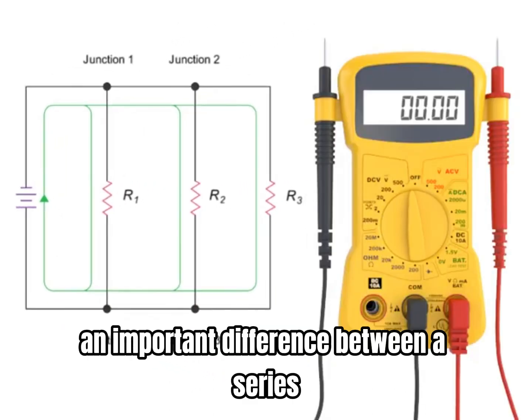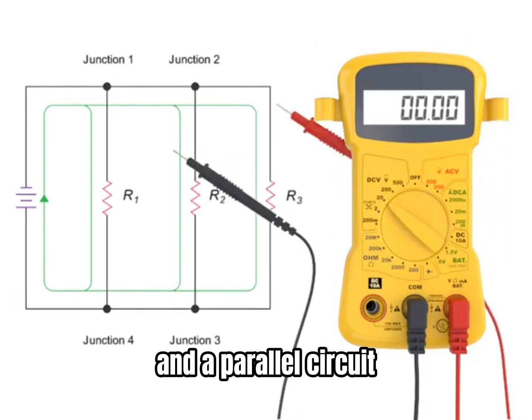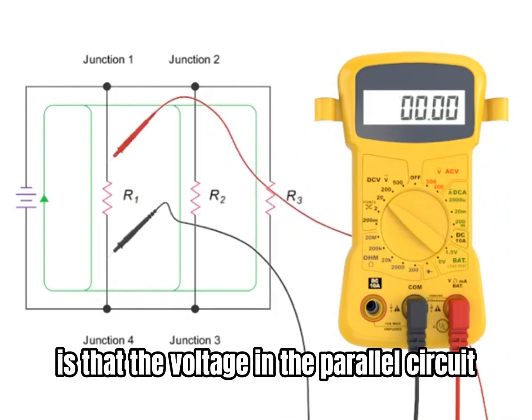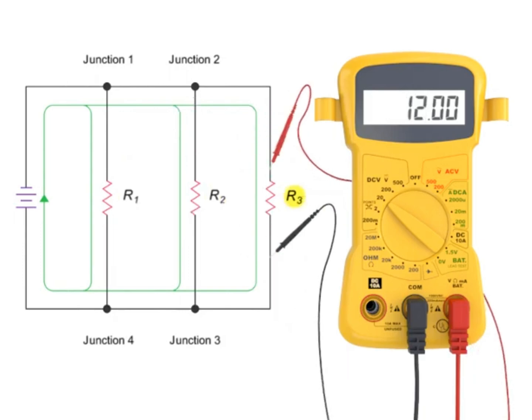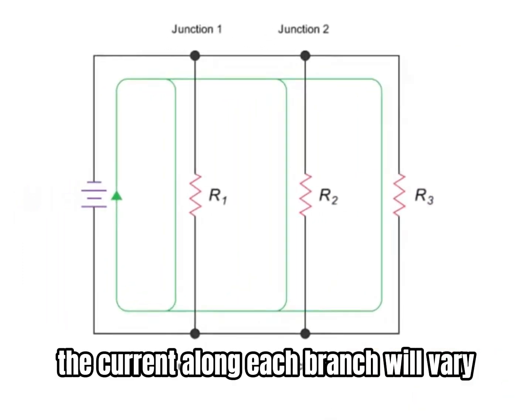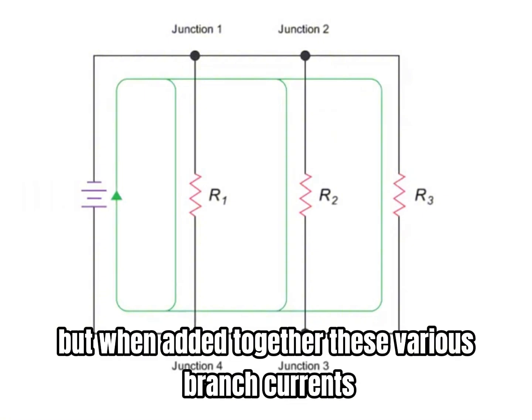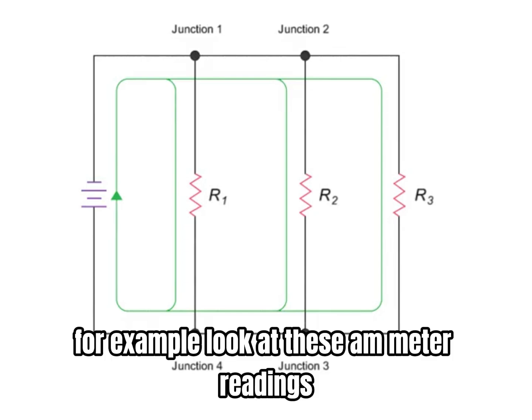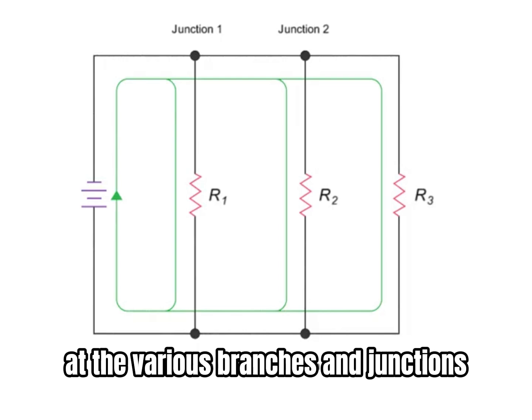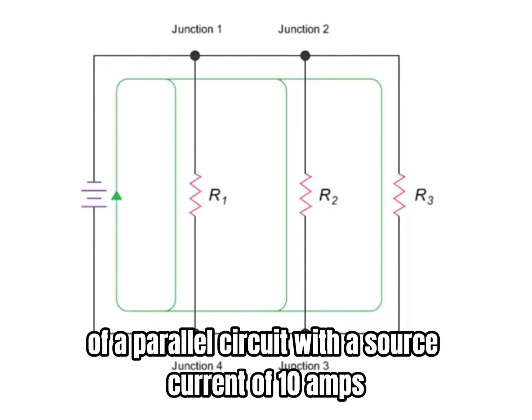An important difference between a series and a parallel circuit is that the voltage in the parallel circuit is the same across all branches. The current along each branch will vary, but when added together, these various branch currents will equal the current at the source. For example, look at these ammeter readings at the various branches and junctions of a parallel circuit with a source